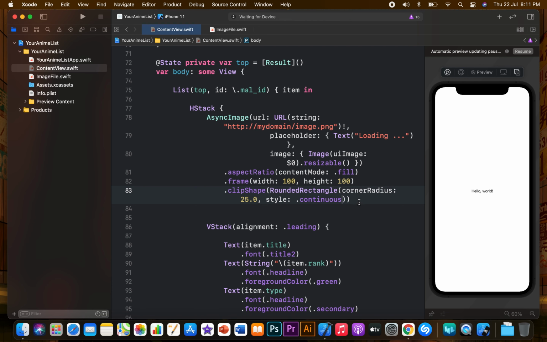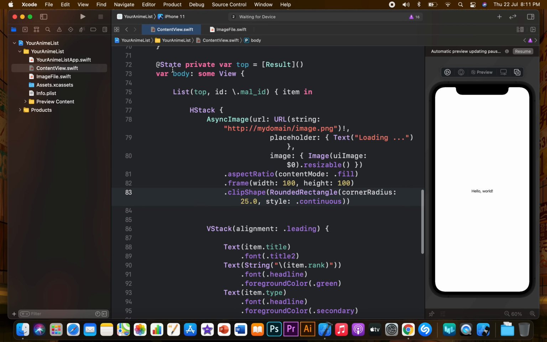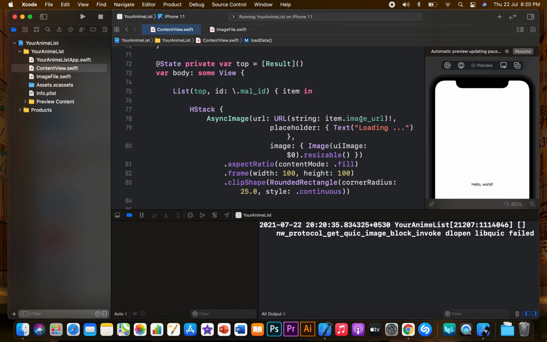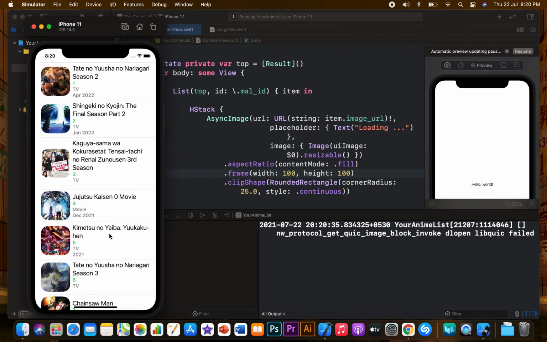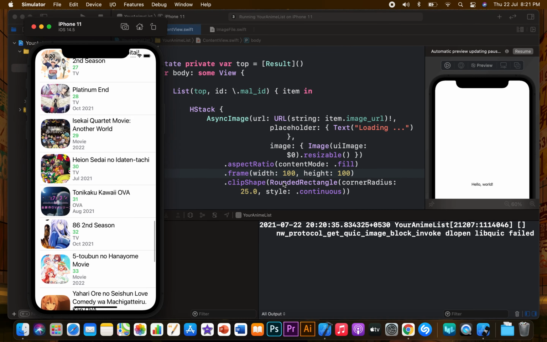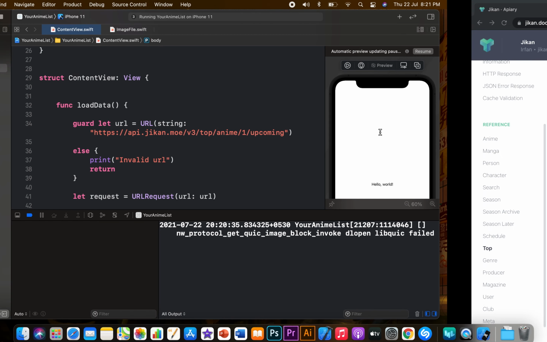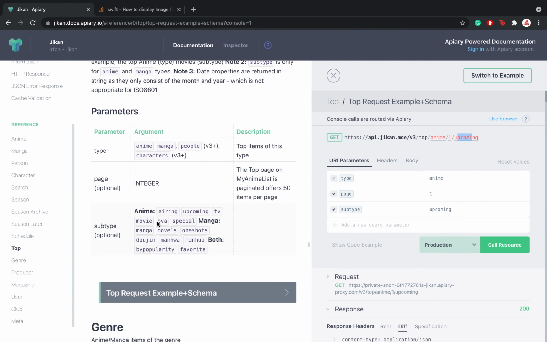So now we will run our app and see how it actually looks, and whether the image thing is working or not. Fortunately our app works now, and yes, instead of that string we had to add item.image.url, which I was not able to tell you at that time. But you see, there's one problem with the application. It's just showing static API JSON data which it loaded, exactly upcoming, which is in the string that we have given it to use.